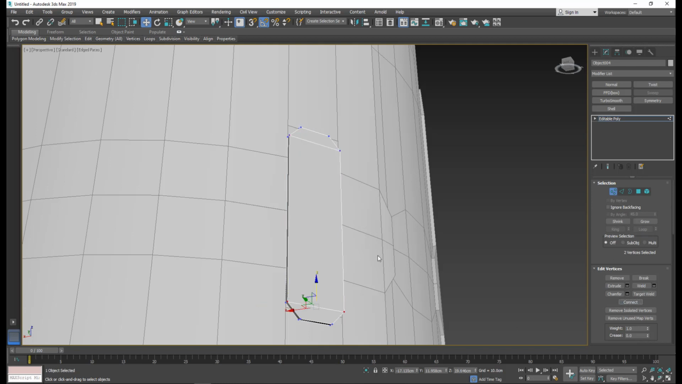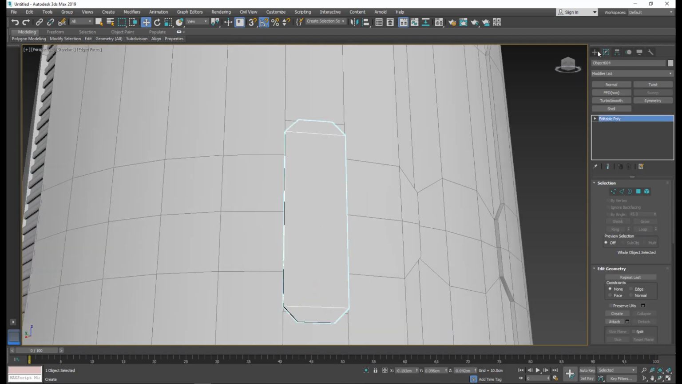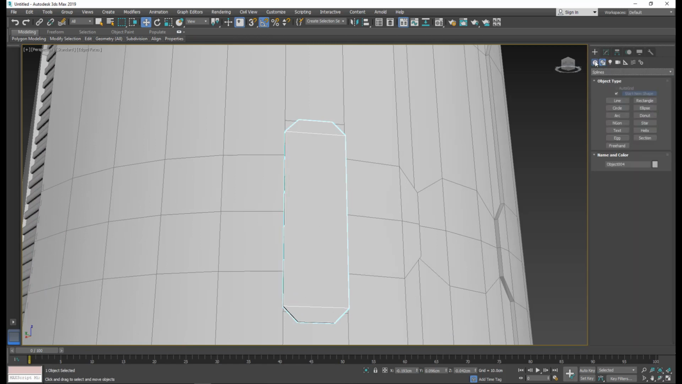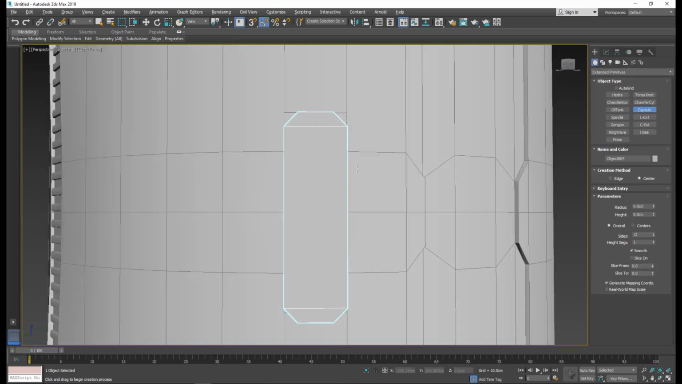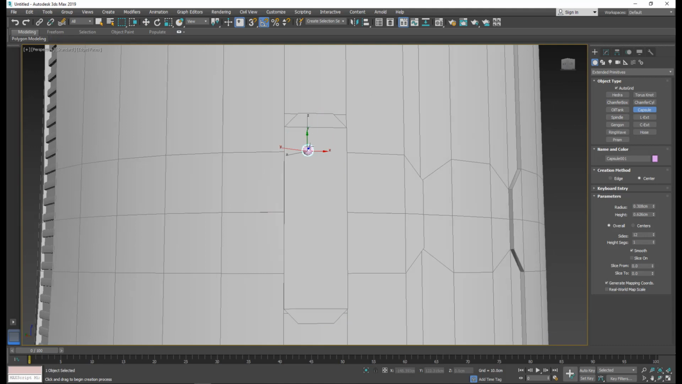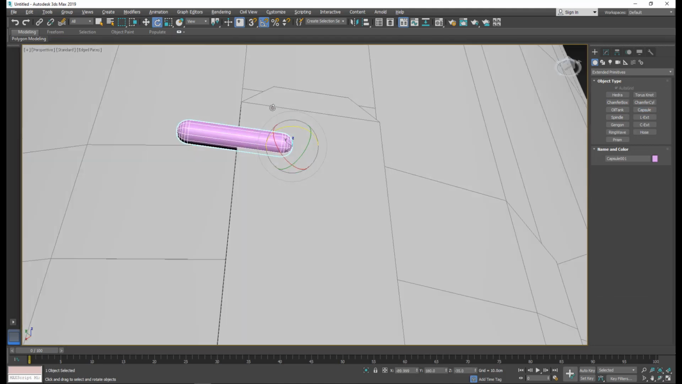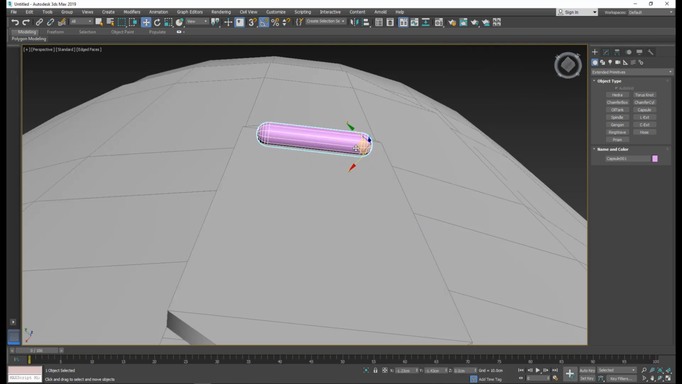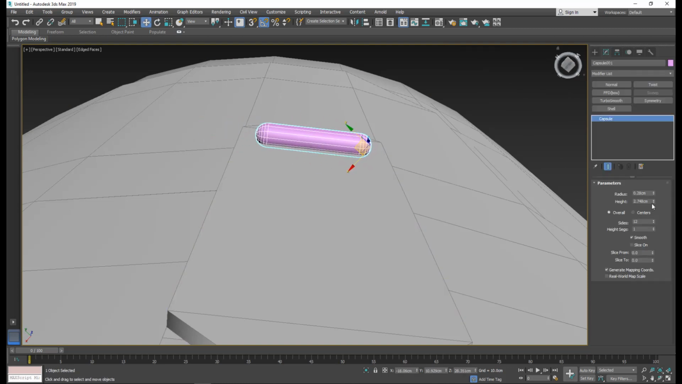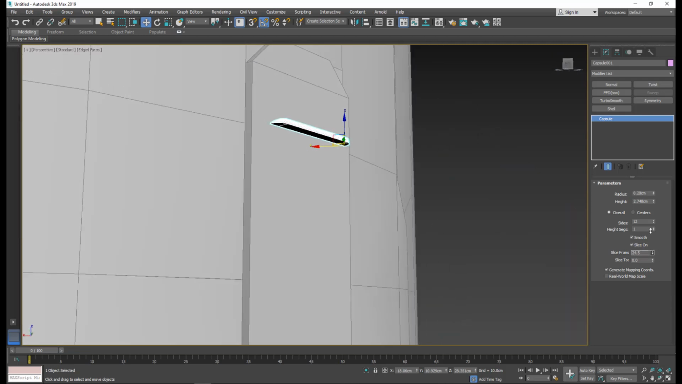So we're going to connect these edges or these vertices together, and we're going to create a capsule on top of this surface, and we're going to try to align it nicely, and we're going to rotate it a little bit because it's going to be rotated about 45 degrees. And of course, we don't need the whole capsule, we just need